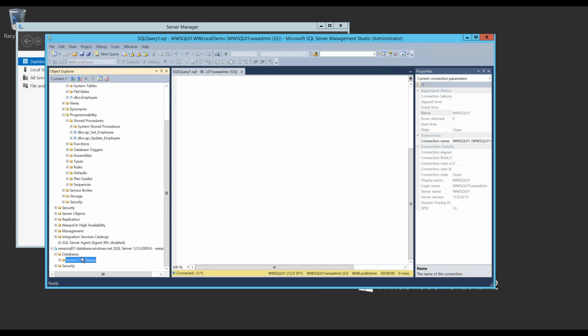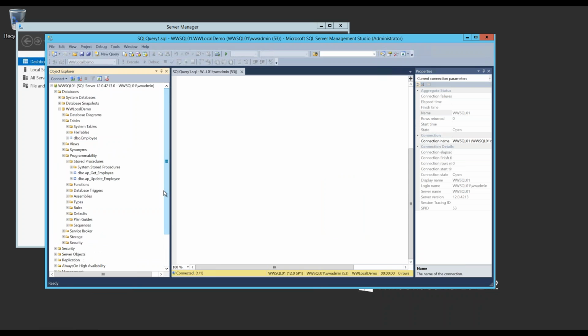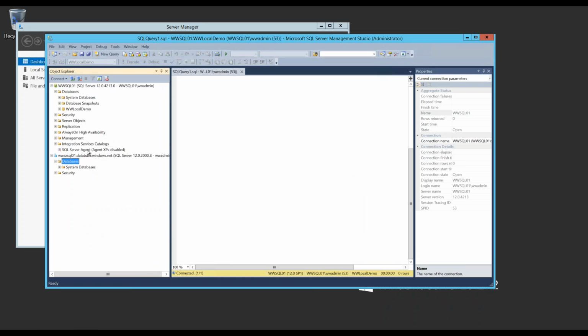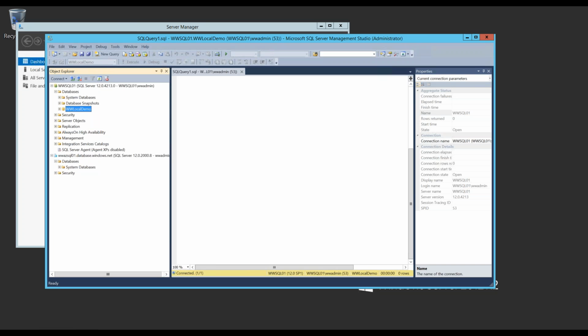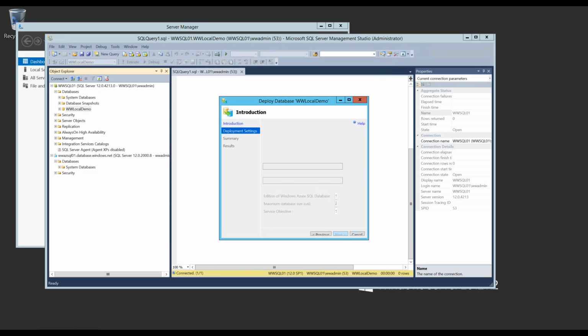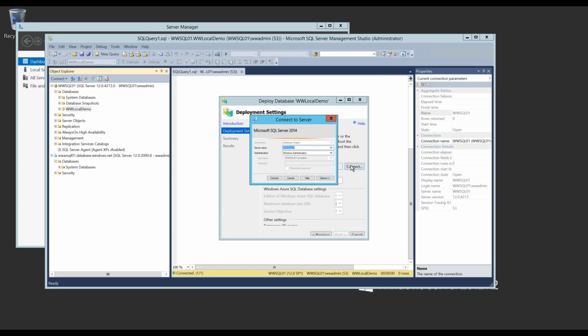Okay, so the database has been dropped. Let me just refresh that, make sure there's nothing going on bad here. Okay, so what we can do is inside of the migration assistant, this is just one way to do this, and it's almost a straightforward way, is you can come here, go to tasks, and say, I want to deploy to a Windows Azure SQL database. And so what's going to end up happening is you're going to see a dialog box pop up here. You're going to select a server that you want to migrate to, and so in this case I'm going to pick this guy. You can see I have my credentials already pre-populated.